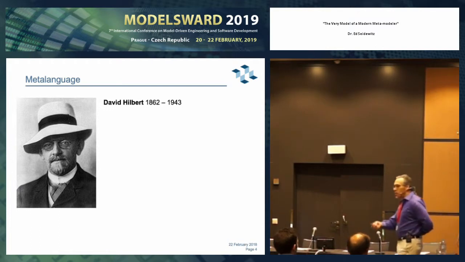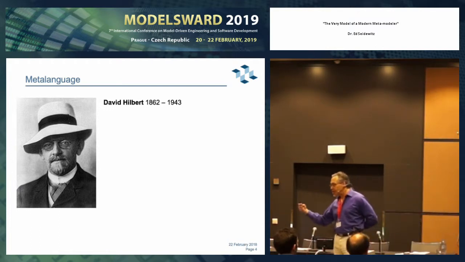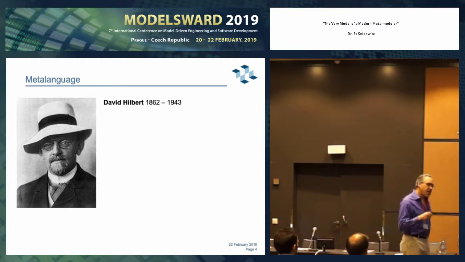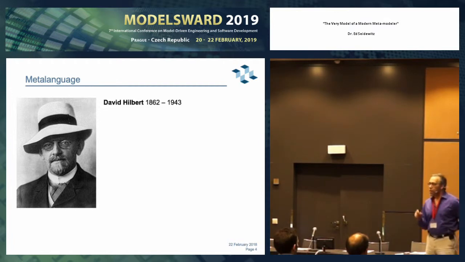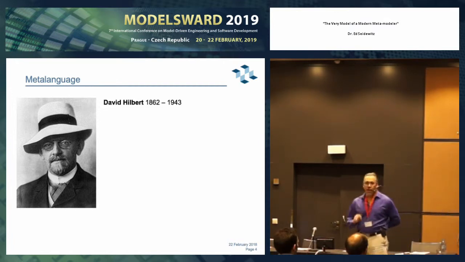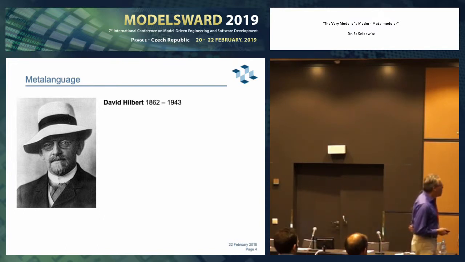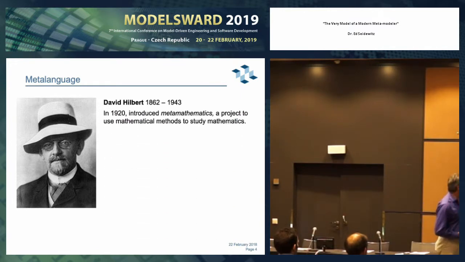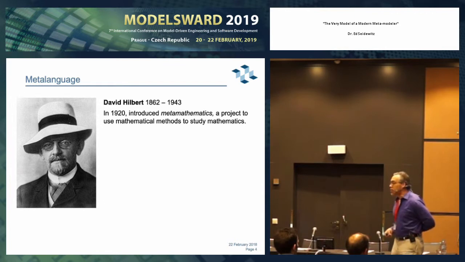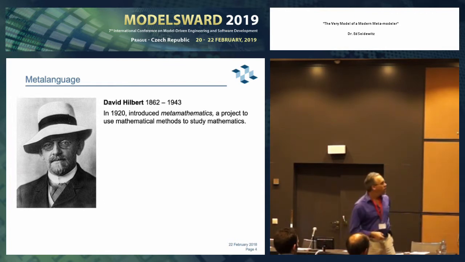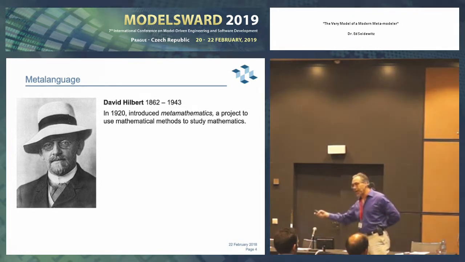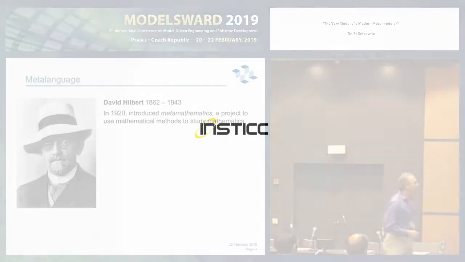Now we go forward 2,000 years or so. Yeah, they probably used meta somewhere in those 2,000. Well, at least the Greeks certainly used meta since it was just a word in their language. But it turns out the guy who first popularized meta as a prefix in the mathematical world was this famous mathematician, David Hilbert. A German mathematician who's known for Hilbert spaces, among other things. But in 1920, his big project was what he called metamathematics. This was a project to use mathematical methods to actually study mathematics, reflecting on reflection. And in doing that,